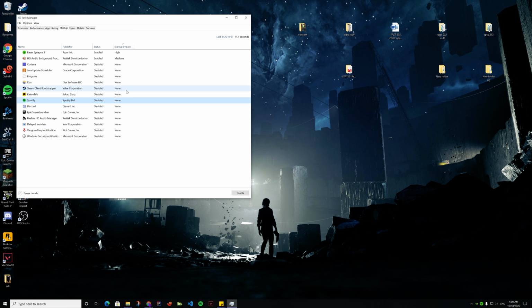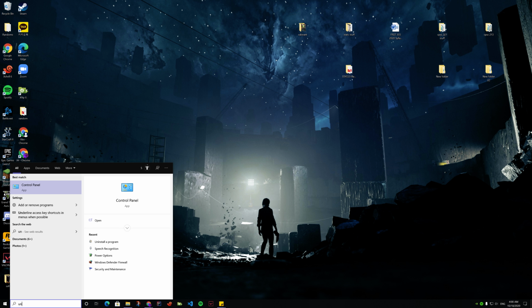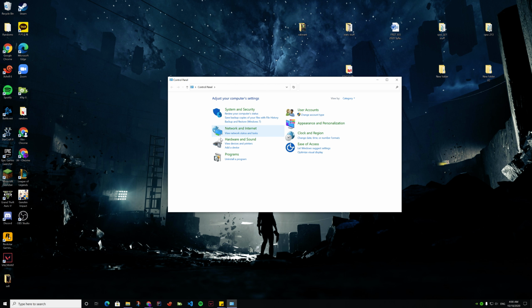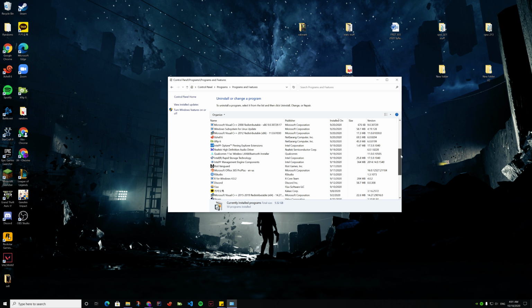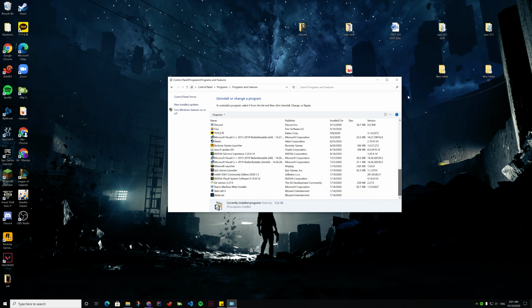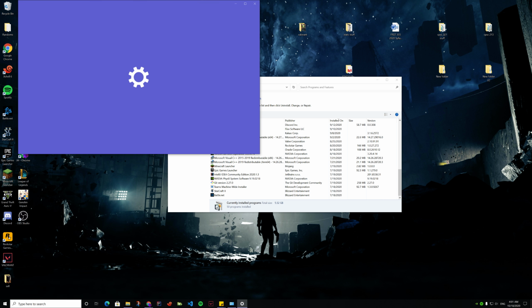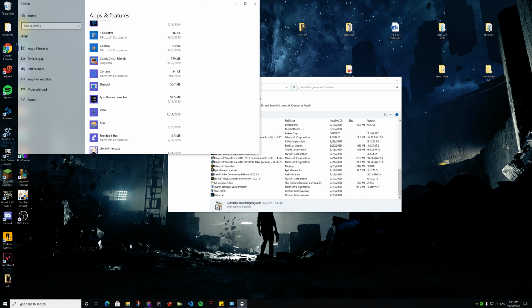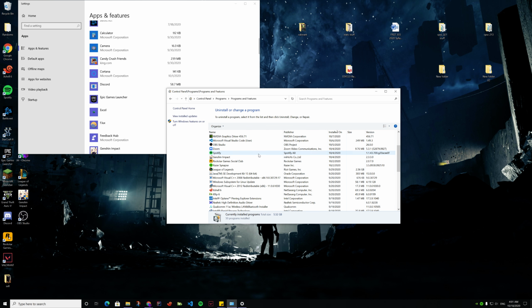Yeah. So next, you should uninstall any applications that you don't use. So if you type uninstall, you go to control panel, uninstall a program, then you can have all these programs that you can uninstall. Or you could do add or remove programs. It's about the same thing, but there are more. This one, control panel, has